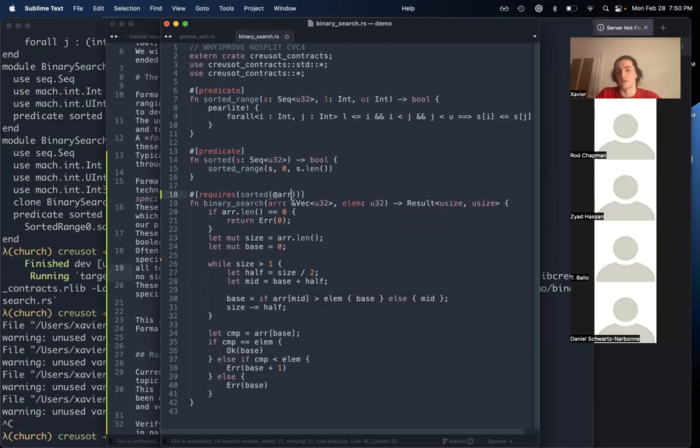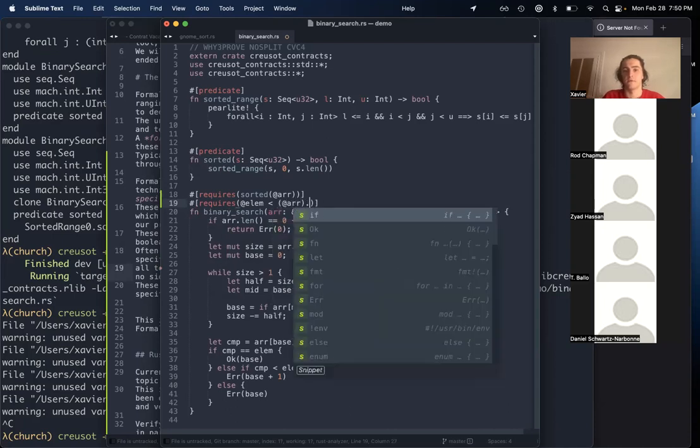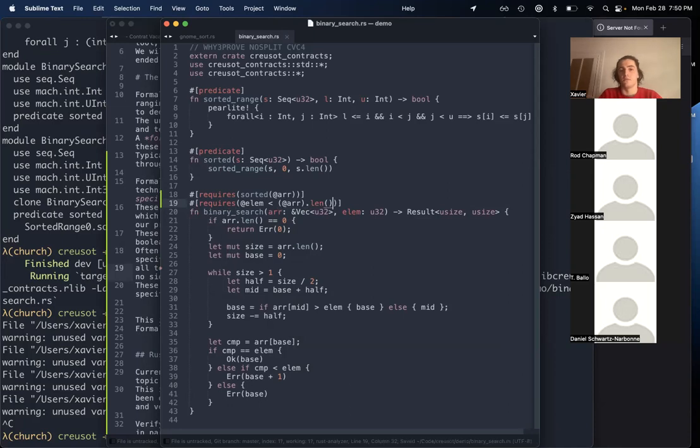So we're saying our vector is going to be sorted. And we're also going to say that our element LM is within the bounds of our vector, the value of our element is less than the length of our vector.